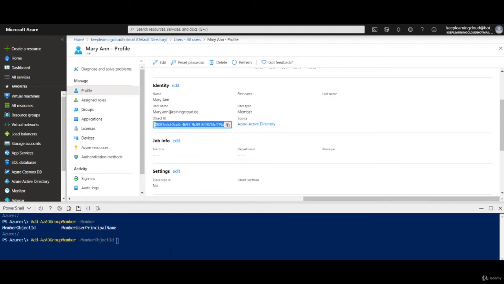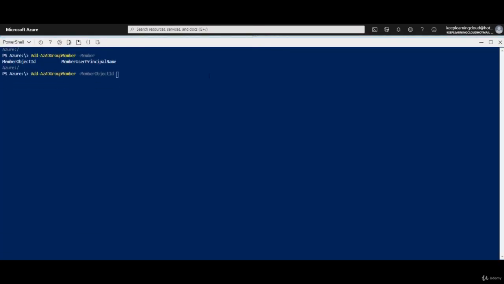So I've got to copy and paste this right here. Now you may be thinking, is there a way I can get the object ID programmatically using PowerShell? Well, yes, let's go do that actually. So I'm going to do a Control C here and then get the attributes of Marianne. Just say Get-AzureADUser and then do a tab completion, and then I'm going to type -UserPrincipalName, and the user principal name of Marianne is